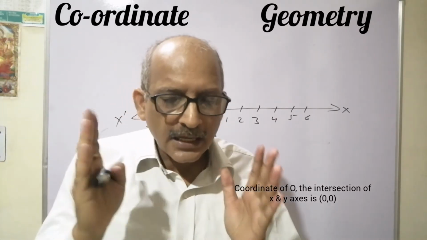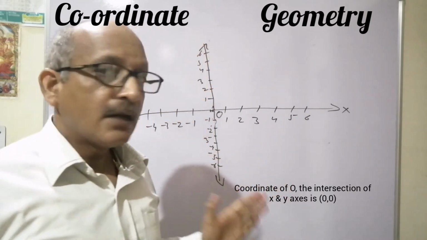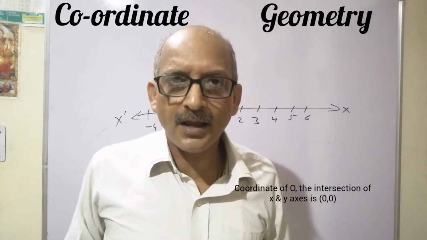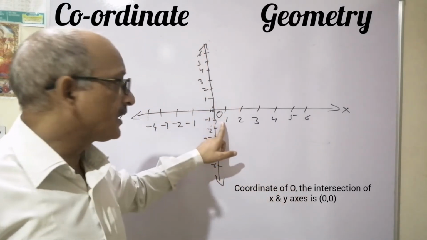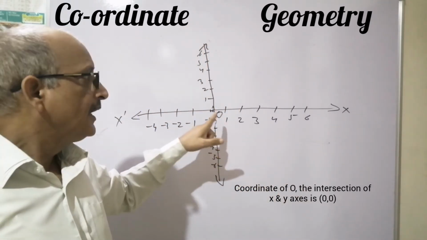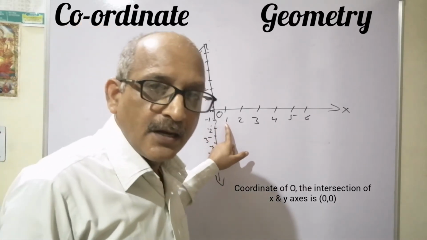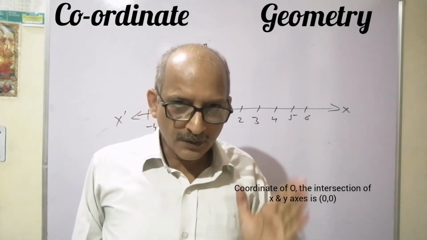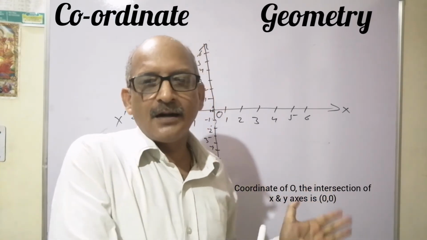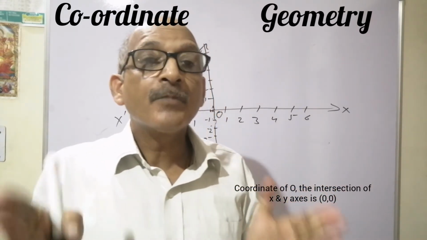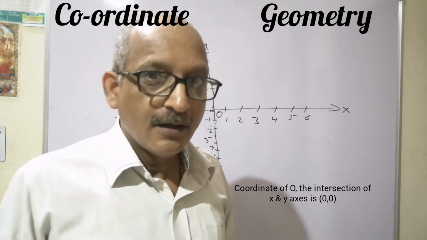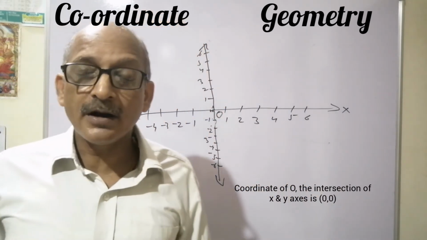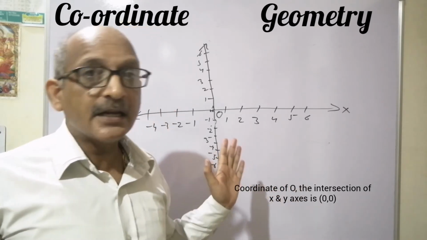It is the origin. I think you know about the number line. If there is no zero mentioned on a number line, then it is not a number line. So 0 is very important. If you don't write O in the exam, the examiner will write O, but the difference is that you will use a pencil and the examiner will use a red ink pen for the whole work. Without this O, your work is not coordinate geometry work, so it has to be taken care of.